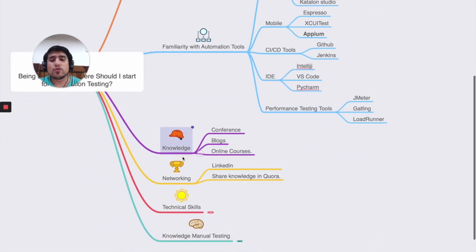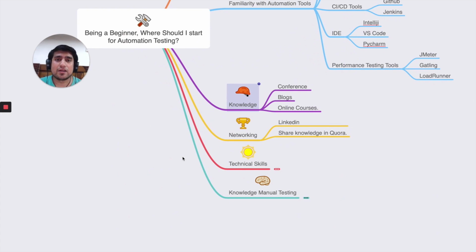Now, let's move on to the parts where lots of people are lagging behind, right? I'm going to talk about that. Why you are lagging behind in that case is knowledge. Guys, attend conferences. Virtual conferences are going on right now. If you cannot attend physical conferences, go and attend virtual conferences. Invest in yourself, guys. These 3,000, 4,000 rupees that you are investing in virtual conferences or online courses, right? They can basically enhance your expertise.